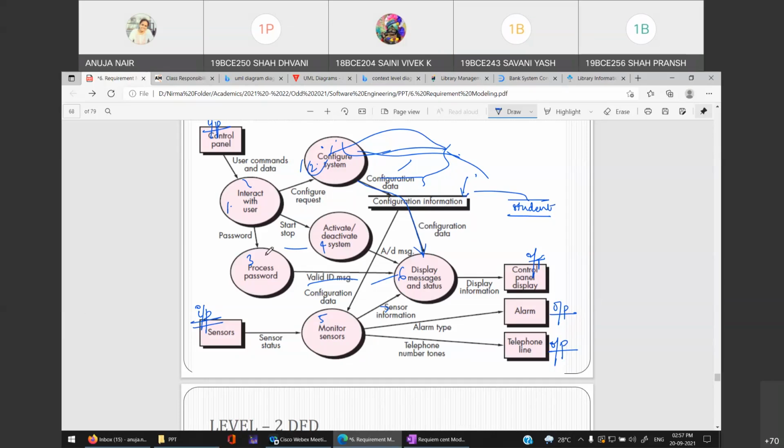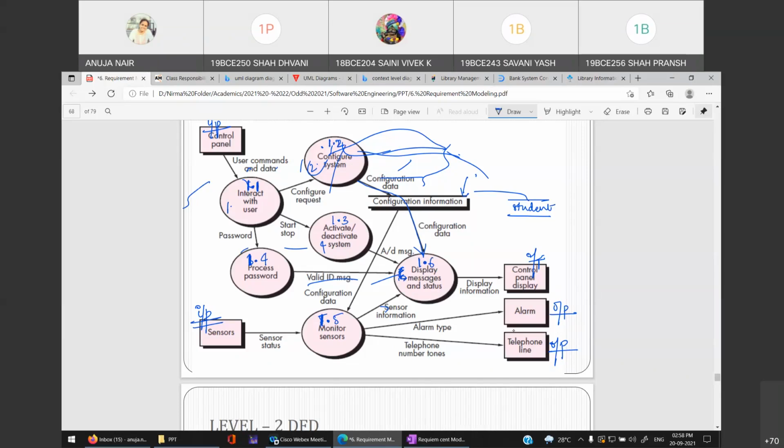Now, in the book, the representation is not written. Actually, how you should write it? Because it is DFD level 1, you should give this as 1.1, this is 1.2, this is 1.3, let's say this is 1.4, this is 1.5 and this is 1.6.